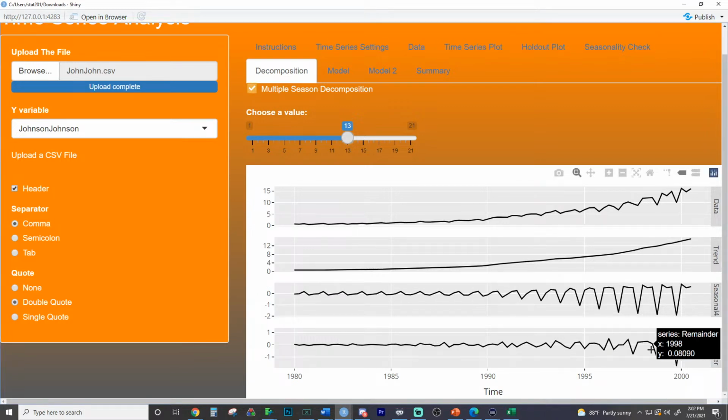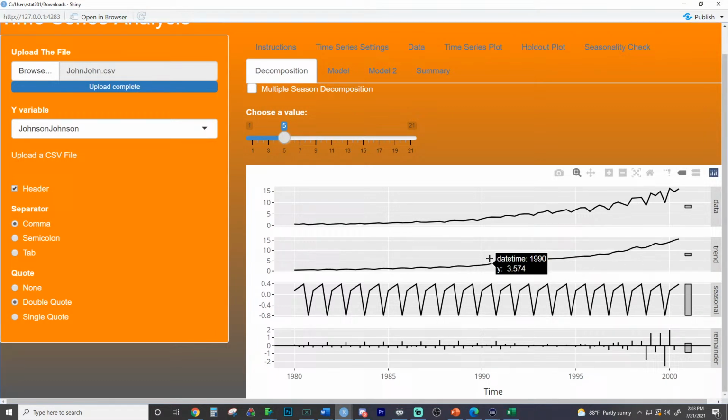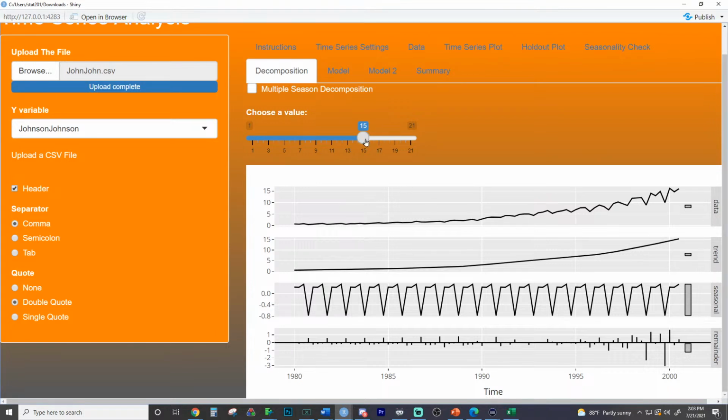So switching over to, and you are seeing, if you throw a lambda in here, that might help because we're still seeing the remainder on the residuals. One bummer about this plot, the multiple seasonal decomposition, is you are not getting as much control here on the way it's doing the LOESS method for the trend. So we should see massive changes in the trend right here as we go through. And now you're seeing the trend is less smooth because when you increase the trend window right here, you're doing it over more values. So when you go to higher values, you should see a smoother trend across it.